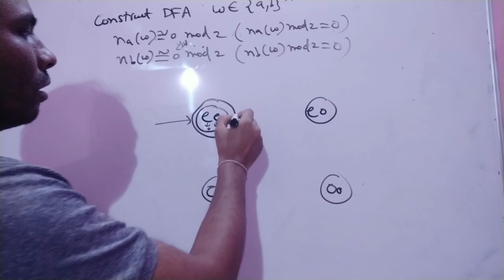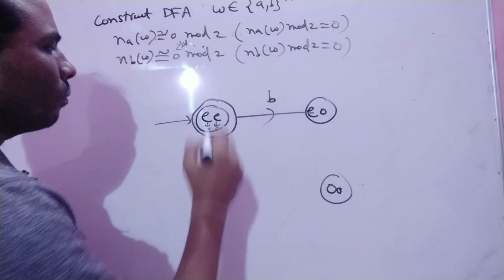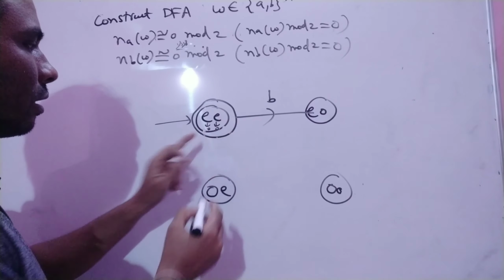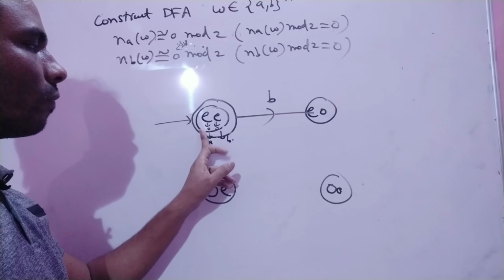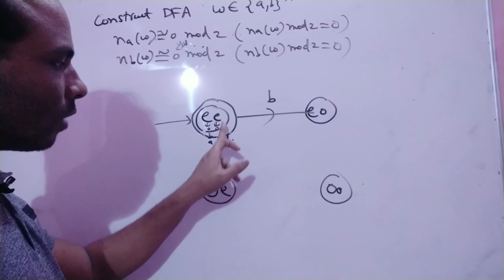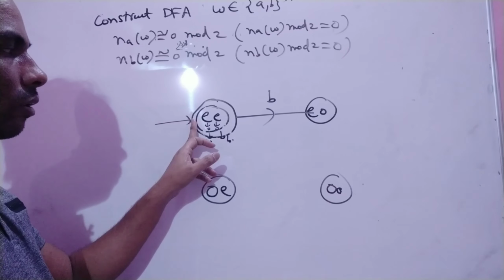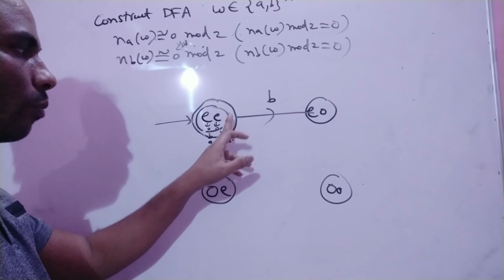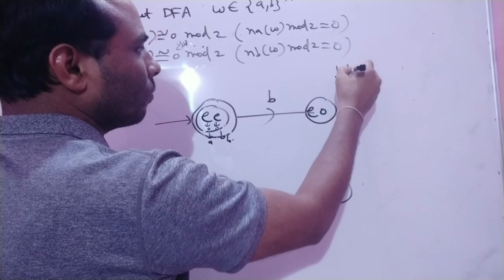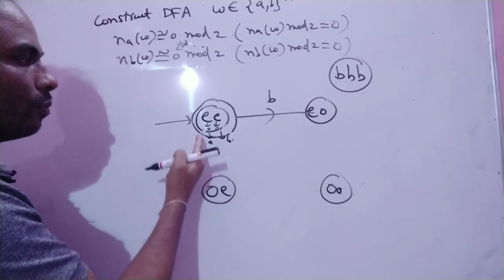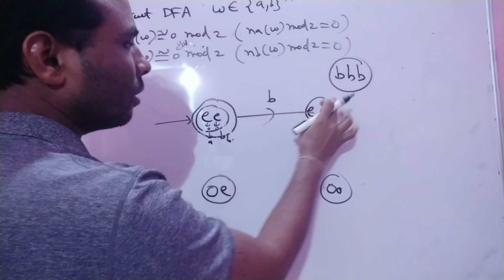After that, suppose you apply one b. Previously the number of a's was even and the number of b's was even, for example 0 a's and 0 b's. If you take one b, which state do you move to? The number of a's stays even, since you are not applying a's; you are changing only the number of b's. Previously it was even, and adding one b makes it odd. So the number of a's is even, but the number of b's changes to odd. So if you apply a b, you reach this state.